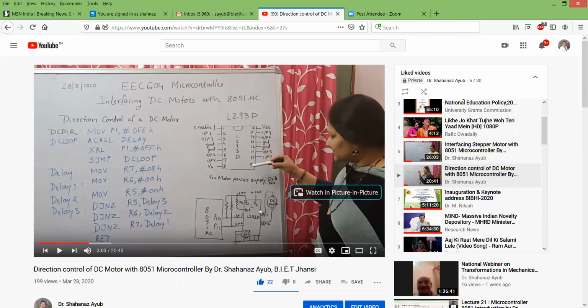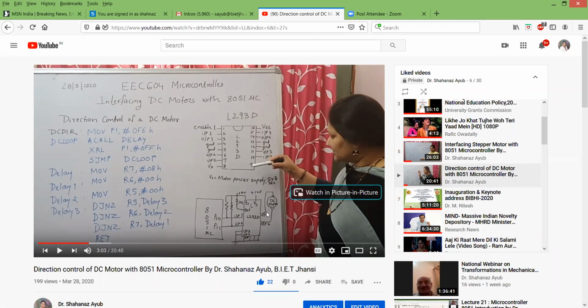Now, whatever I want to give to this particular supply, positive or negative, it should come from these port pins. Port pins are digital pins, which means they have only two levels, logic 0 and logic 1. Logic 0 means 0 volt and logic 1 means 5 volt.